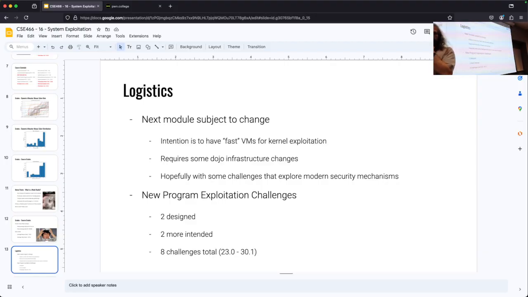Earlier today, I helped install a new server that is specifically intended to be used for these kernel exploitation related things. And it has newer hardware that should make the kernel challenges in the VMs not be as slow as molasses. The caveat there is, great, there's a new server. It's somewhere in a data center. There need to be changes to infrastructure code so that I can route people to the right box, things like that. That may or may not get done in the next week.